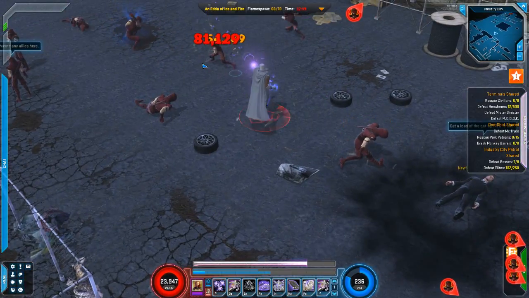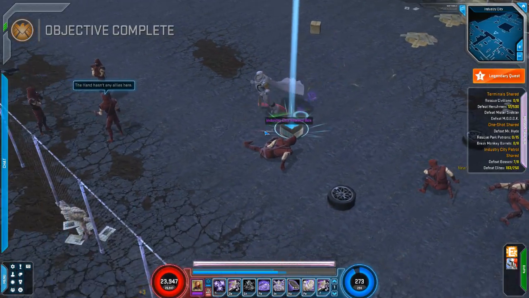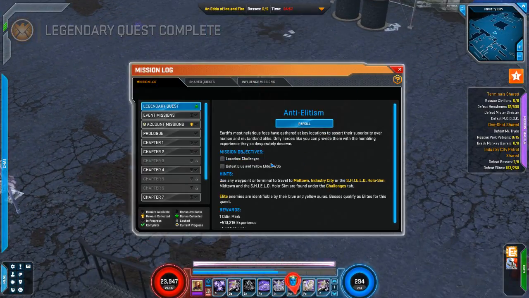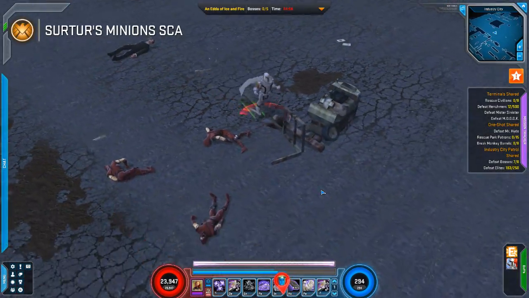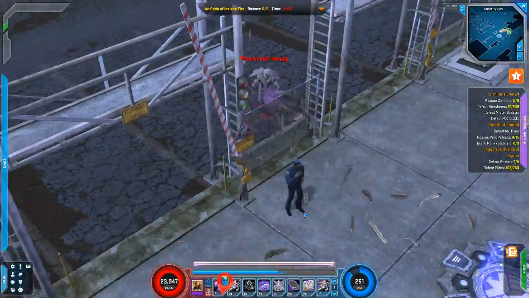See, I mean, just the enemies just melt if I get this on them, as fast as I can do it. Oh, good. Blues and yellows. We can do that. 5 bosses. Here we go. It's going to take us a little bit to get down there, but hopefully